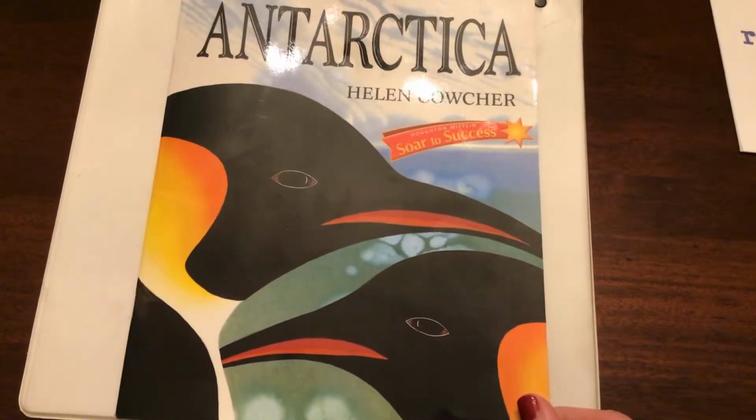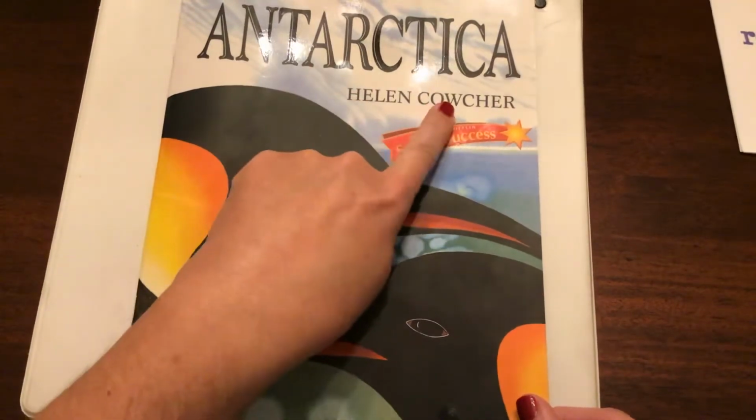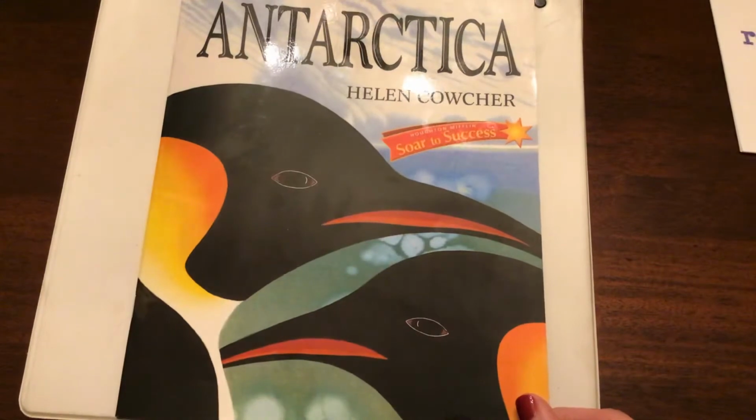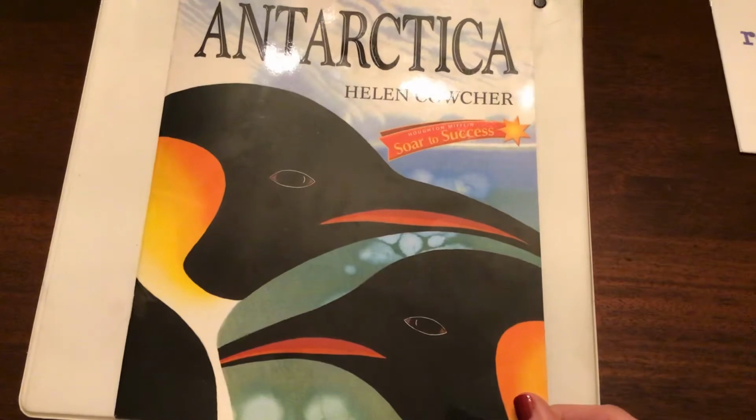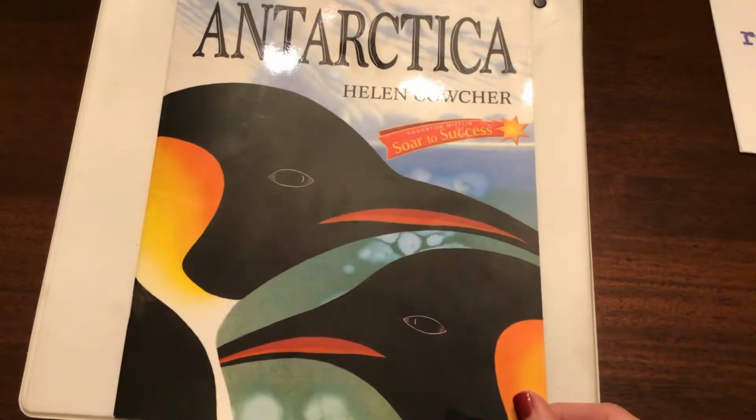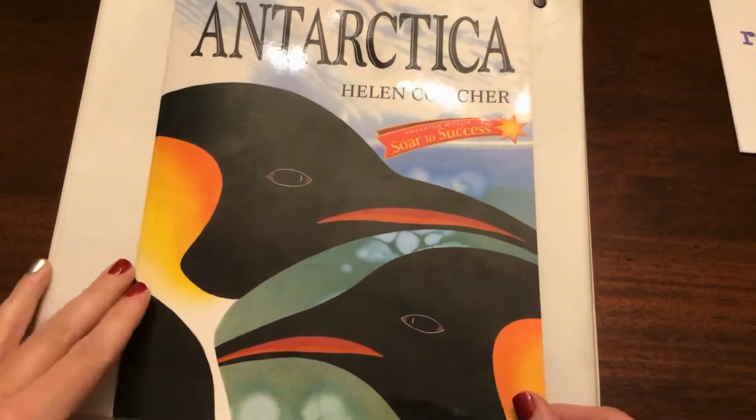This is our third lesson from our book titled Antarctica. The author is Helen Coucher. Today we will look at pages 22 through 29. In those pages we'll take a look at a couple vocabulary words. We will also take a look at some different illustrations to help us with